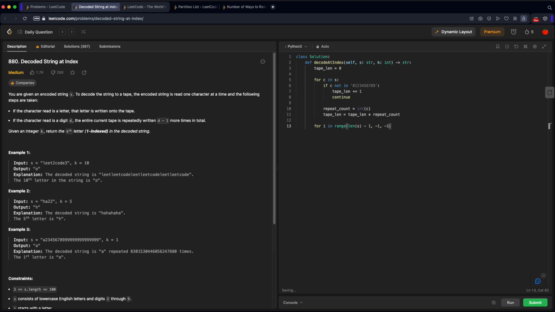So this is working backwards in our string. We're going from the right side of our string to the left side of our string. All right, we still need to get the character at this index, so the character for this index. Now, if this character is a number, so if the character is in 0, 1, 2, 3, 4, 5, 6, 7, 8, 9,